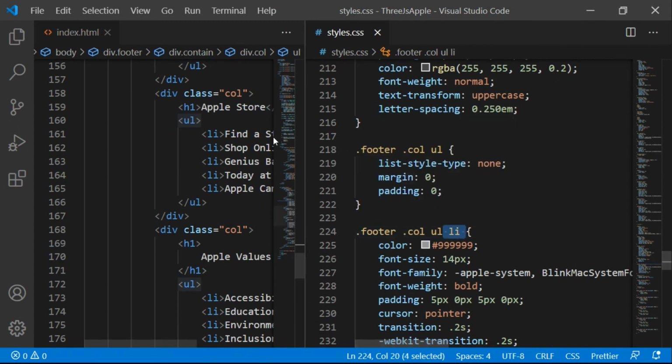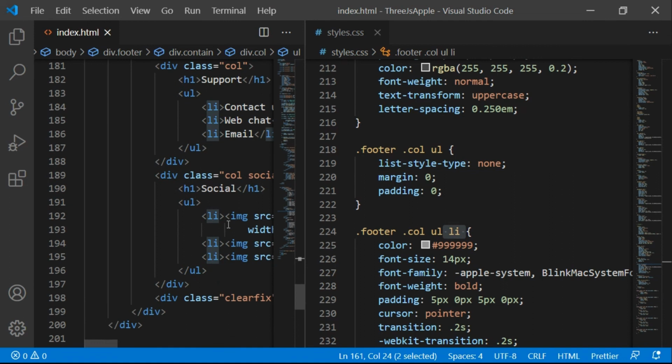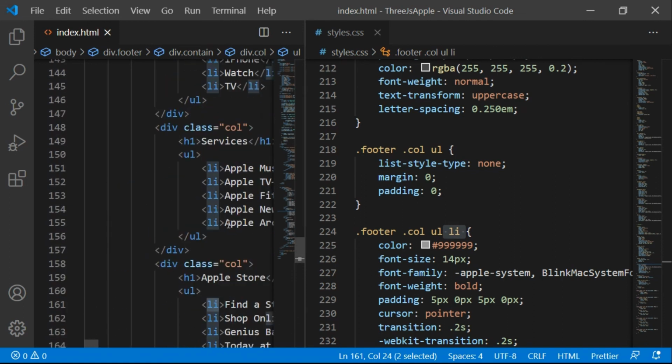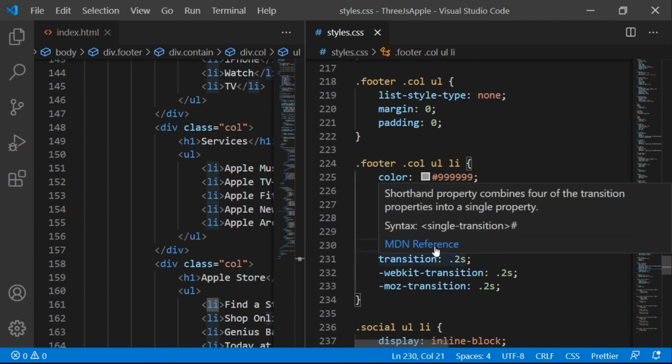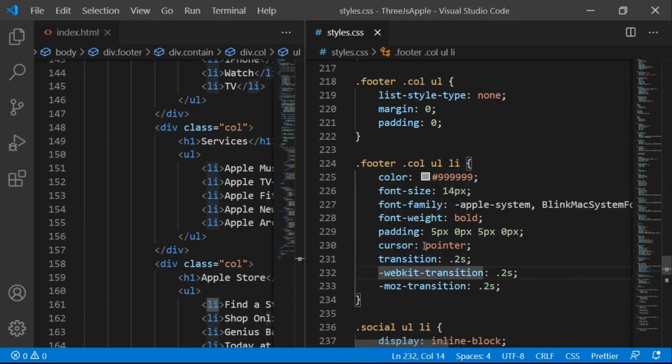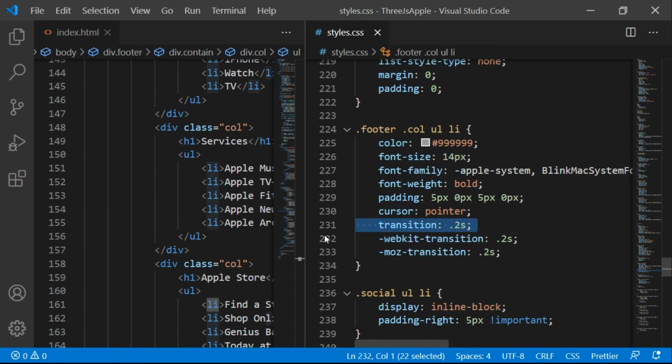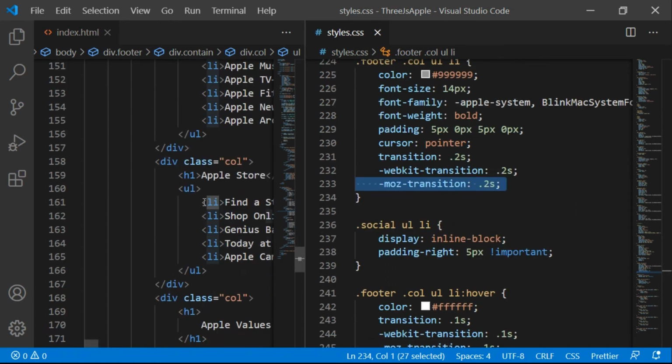And now we are targeting each and every list item of each and every column of each unordered list, which is each and every li. So color will be hashtag 666, not 999. What am I saying? Font family will be normal, and padding will be 5 0 5 0. Cursor will be pointer, transition 0.2 seconds, and transition WebKit and mouse transition, which is the same thing.